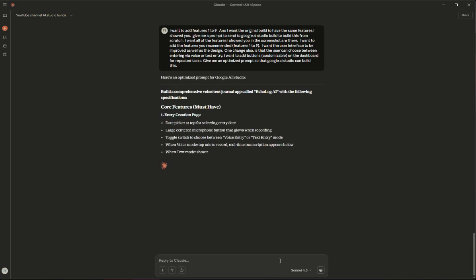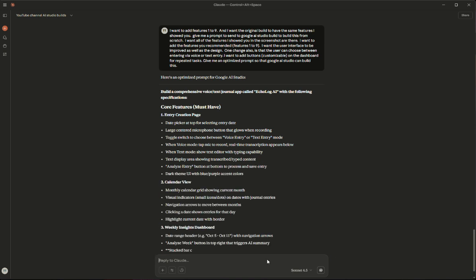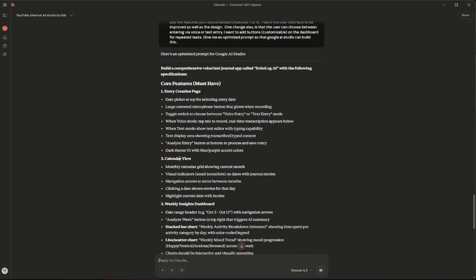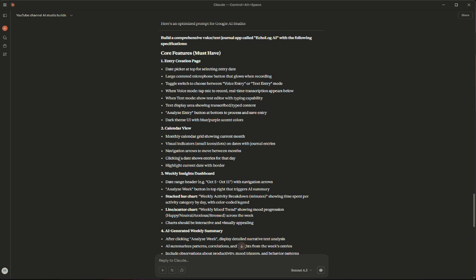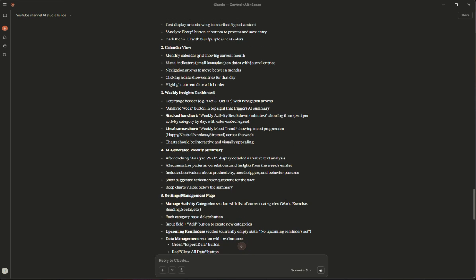Build a comprehensive voice text journal app called EchoLog AI with the following specifications: entry creation page, date picker, large centered microphone button, toggle switch to choose between voice entry or text entry mode. That's what I wanted. Voice mode is activated. You can tap the mic to record and real-time transcription appears. Okay. Calendar view, weekly insights dashboard with a stacked bar chart. That's important. AI generated weekly summary